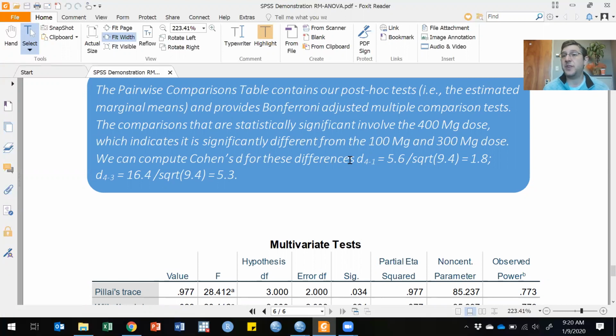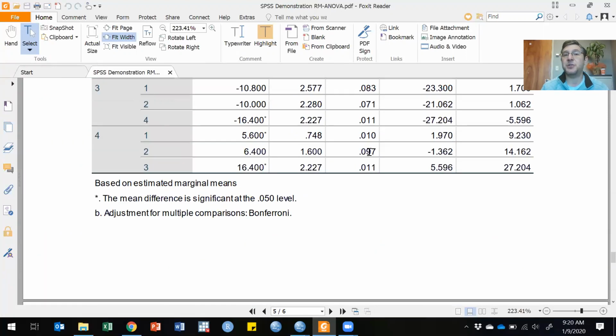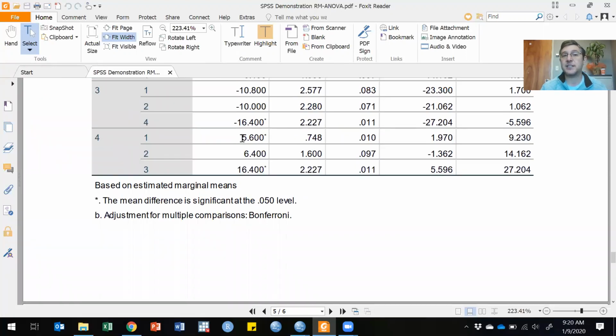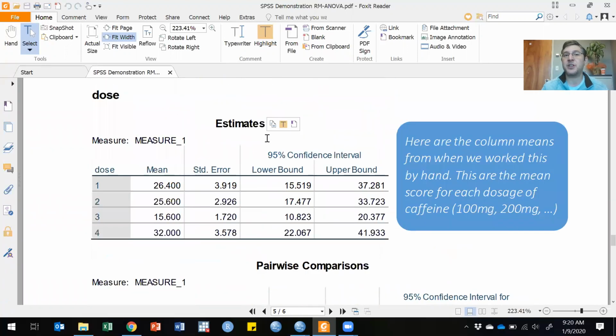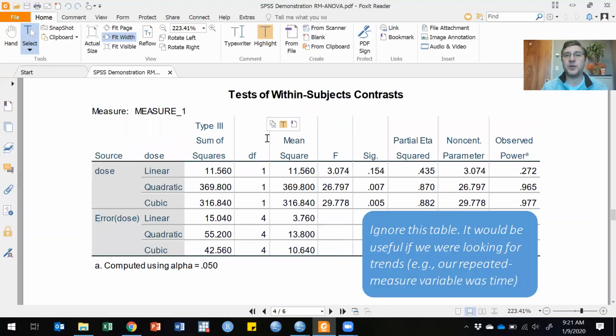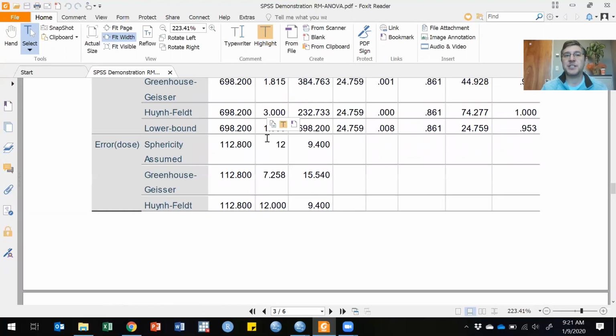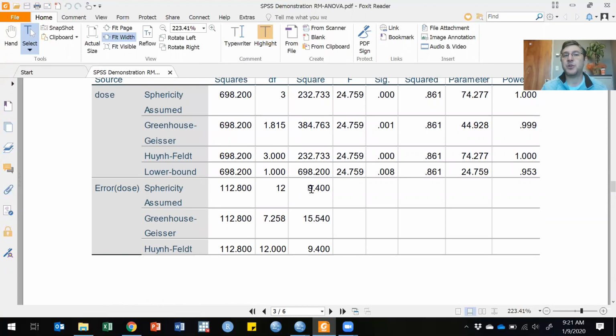To compute the standardized mean difference, or what we're calling Cohen's d here, basically all you do is take the mean difference from the table and divide it by a variance estimate. We're going to divide it by the square root of the mean square error term from our within subjects effects table. So we're going to divide it by this